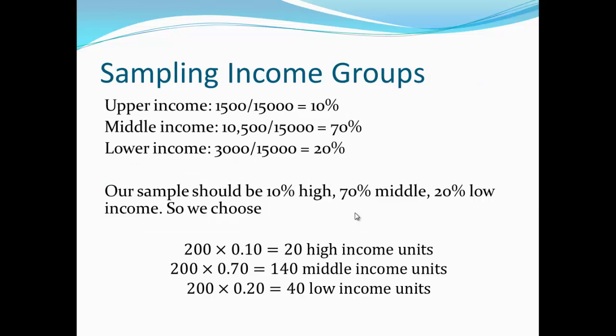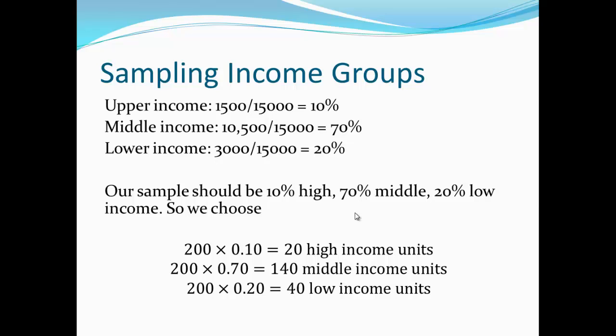Well, the answer is, first, we would divide the housing units according to the income level. We would then notice that 10% of them are high income, 70% are middle, and 20% are lower income units. Therefore, our sample should be 10% from high income areas, 70% from middle income areas, and 20% from low income